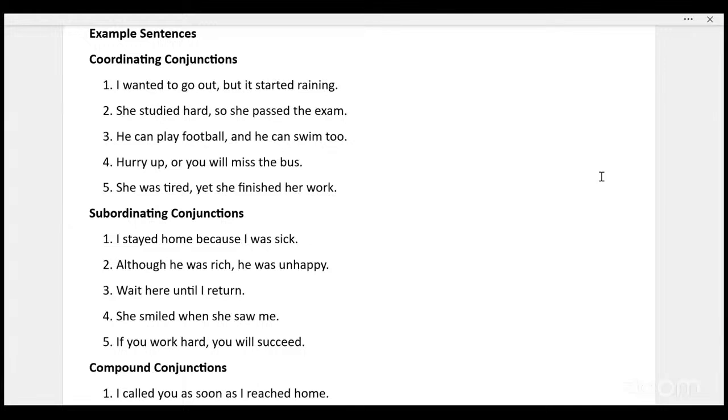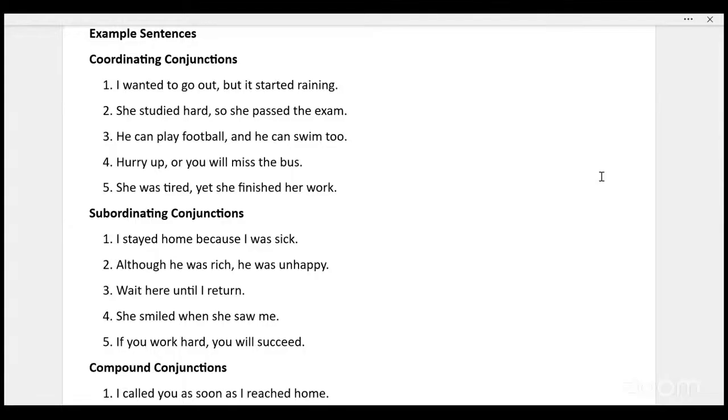Next sentence. She studied hard, so she passed the exam. Don't say pass the exam; say passed the exam. That is the pronunciation feature. We will not say pass the exam; we will say passed the exam. Okay, next. He can play football